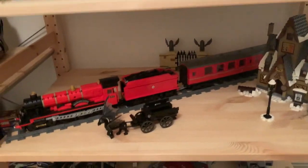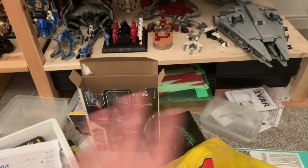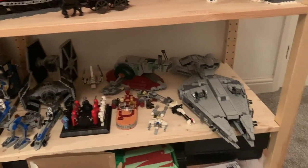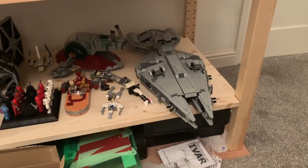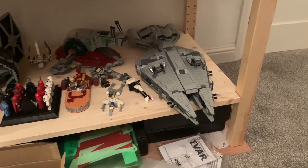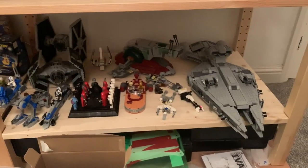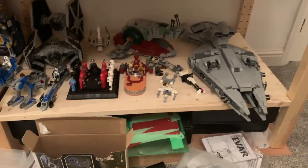And then coming down all the way to the bottom shelf, ignore some of the mess on the floor just here, some tidying up is going to be needed. Got my Star Wars shelf. So over on the right, we have got my Imperial Light Cruiser with the modifications that I detailed in the review video of that. My Slave 1 there, my Emperor's Arrival diorama, Land Speeder, which I haven't done a review